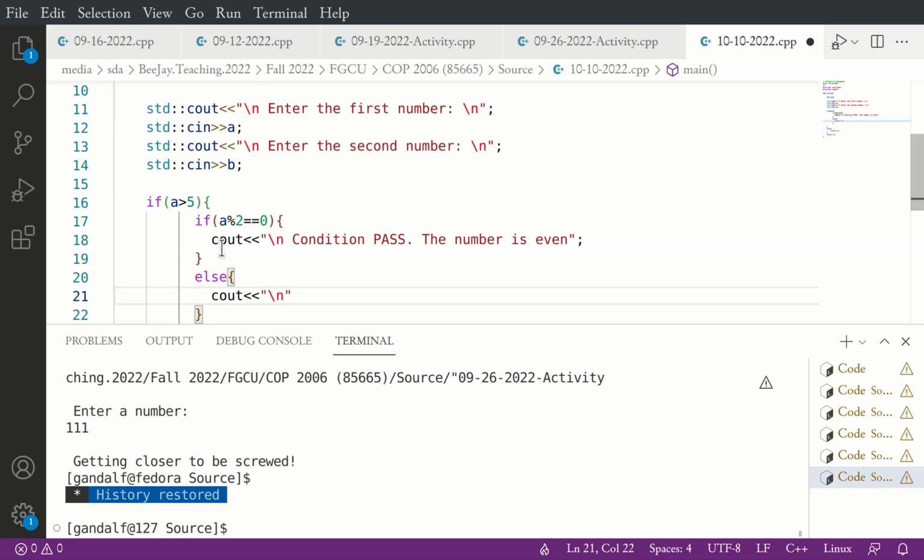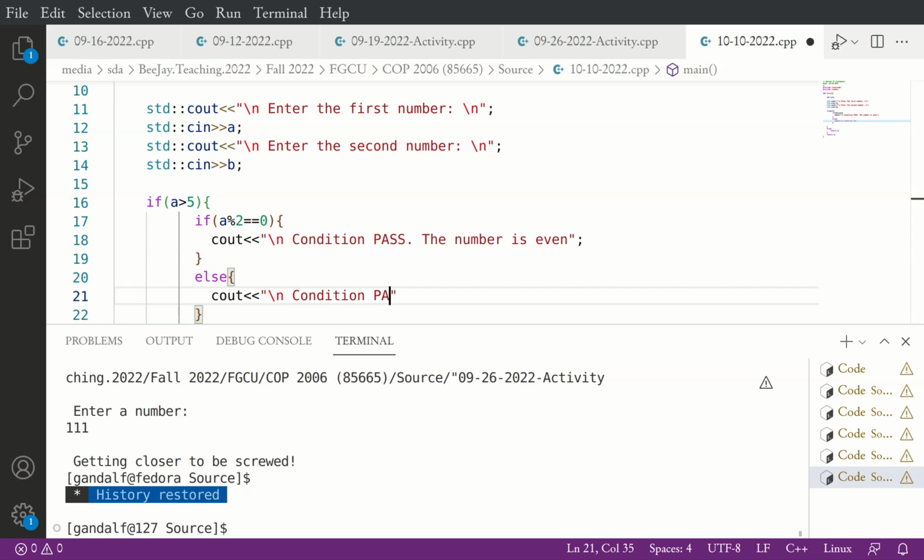Did the condition pass or did it fail? Should I type it as condition pass or condition fail? Okay. Jake? Are you talking about the a is greater than 5? Oh, sorry, I should have been more clear. I'm talking about the main condition. The main one passed.